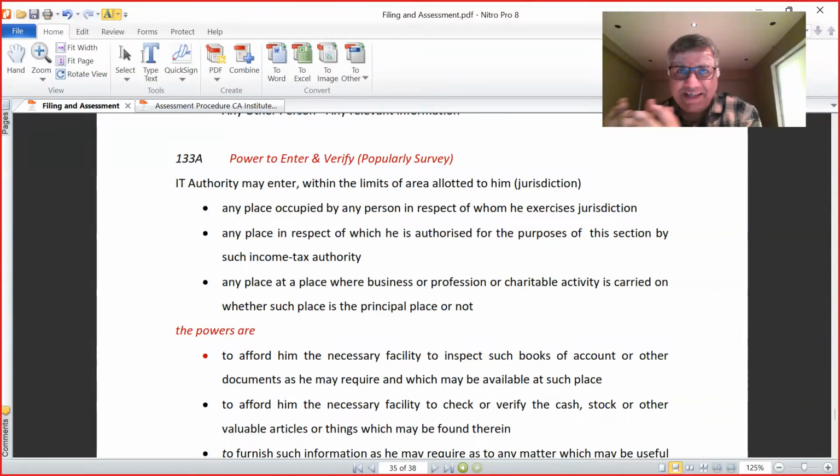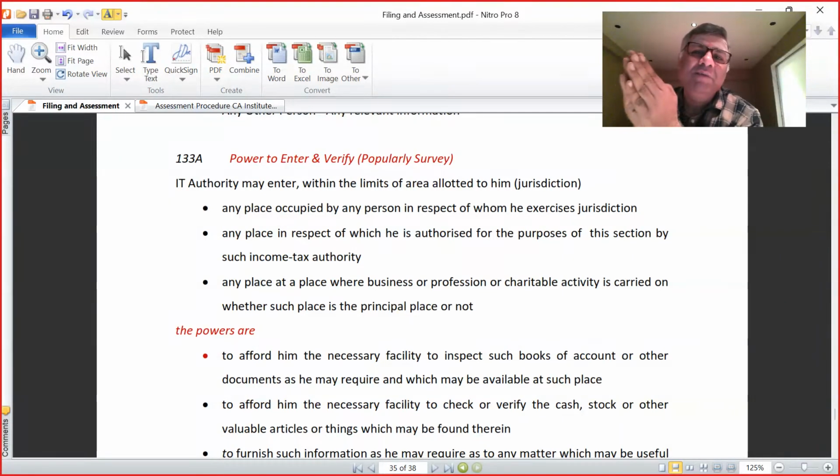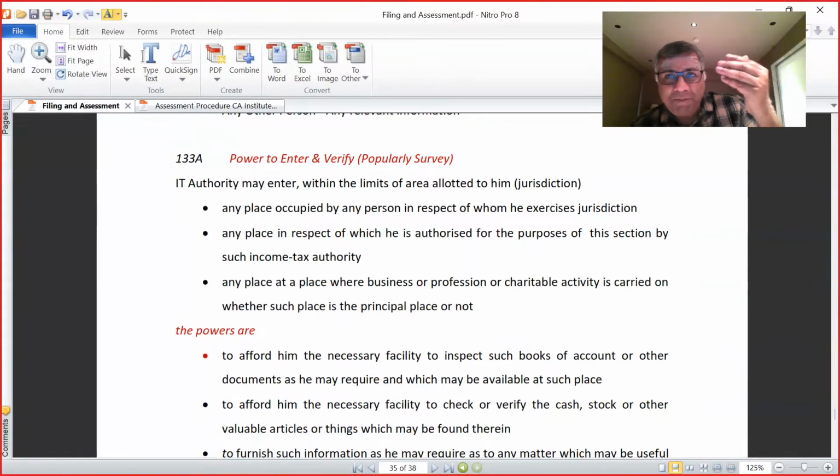The reason is that on that day, if they transfer, their agricultural income, which is exempt, will be high and business income will be low. So in the northern and western part of the country, potato, onions, and in the southern part,